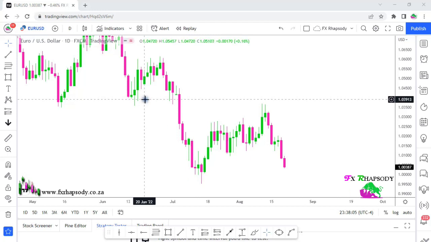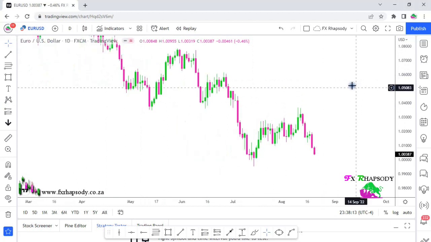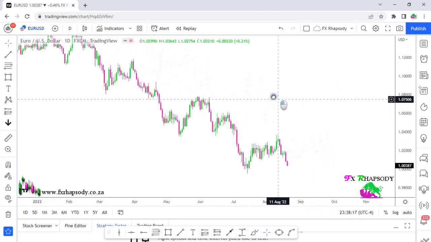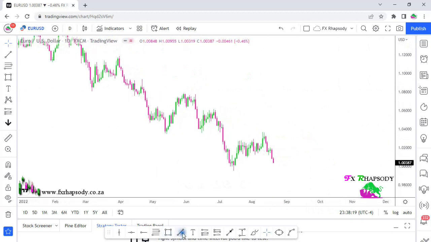So let us hit the chart. We're starting off with our Euro USD. We're doing top-down analysis, from the daily down to the hourly. Zooming out on the daily time frame on the euro, we can see that it's been a huge downtrend